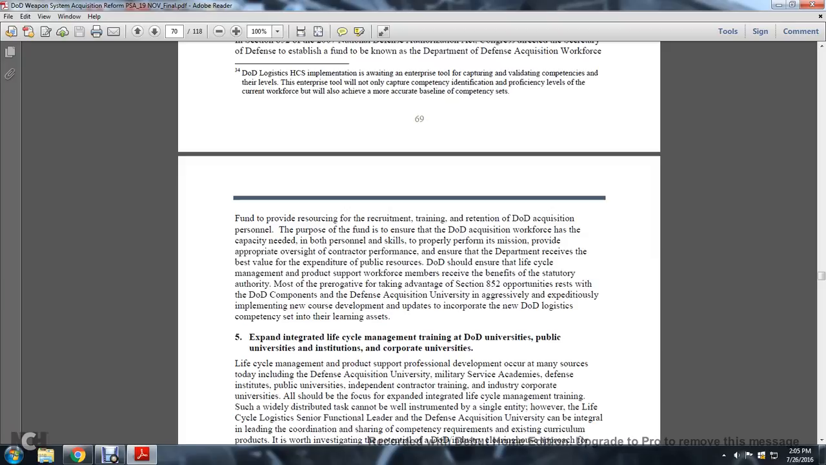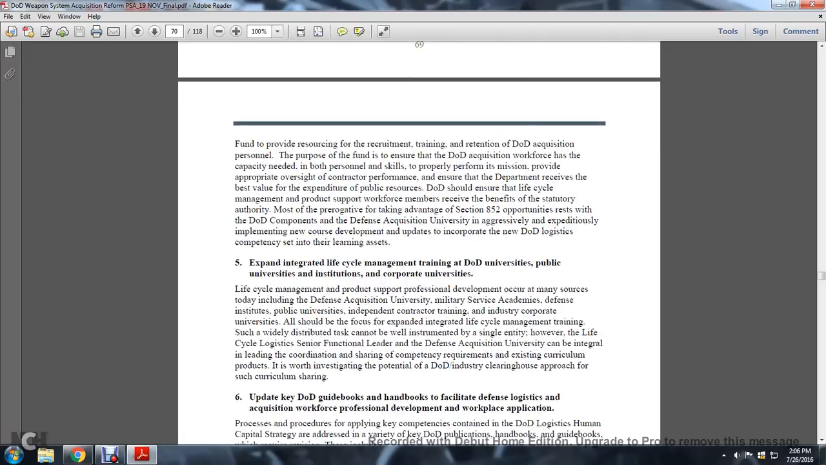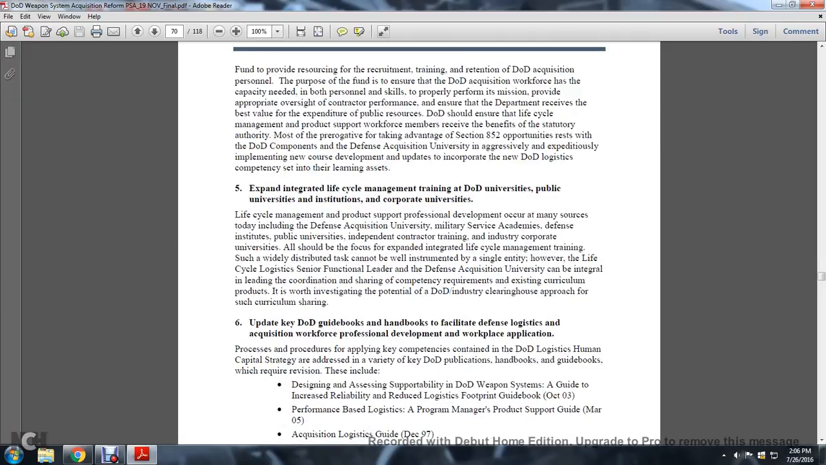The Department of Defense and Defense Acquisition University are aggressively and expeditiously implementing new courses, developing, and updating learning assets incorporated with the Department of Defense logistics competencies set. 5. Expand integrated life cycle management training with the Department of Defense University, public universities, institutions, and corporate universities. Life cycle management and product support professional development occur in many places today: the Defense Acquisition University, Military Service Academies, the Defense